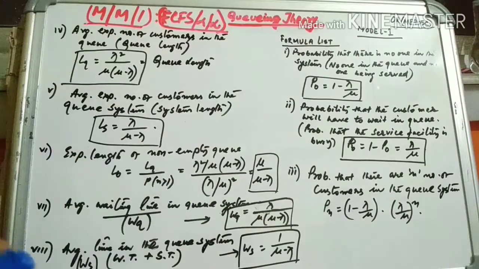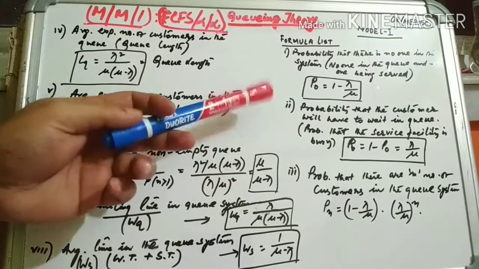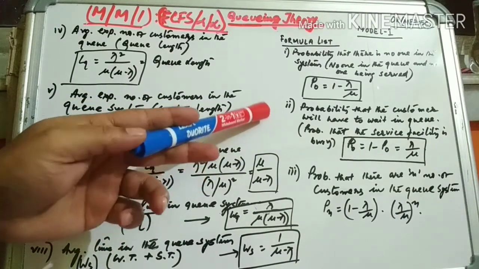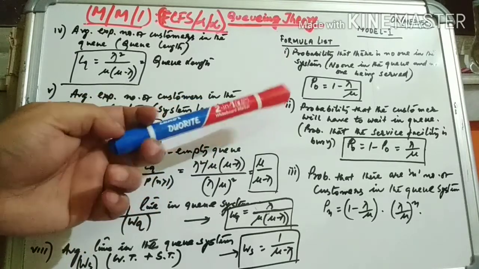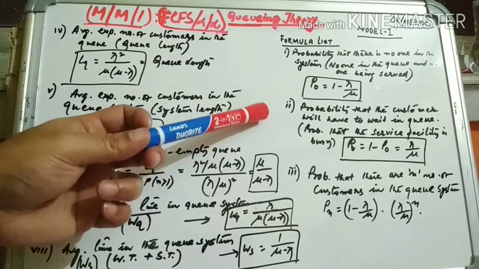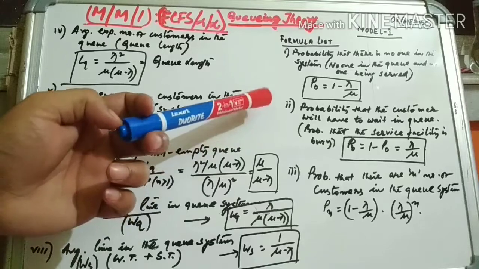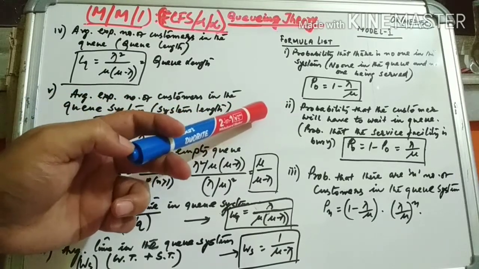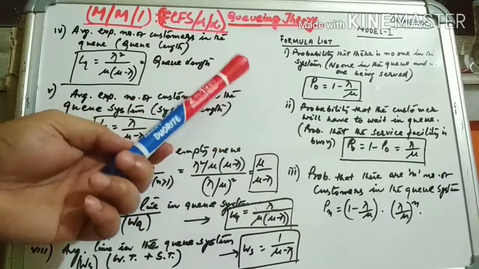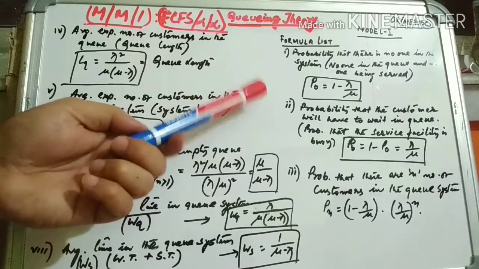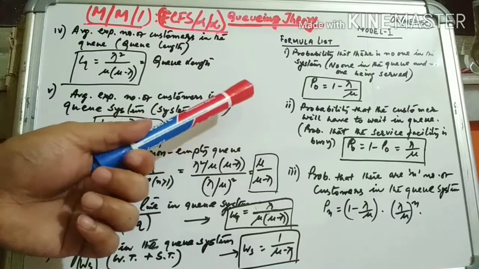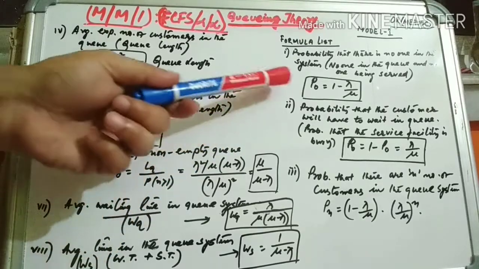Now, coming to these formulas, let me say a few words. The direct formulas are given in the book, and there is no derivation given there, but if you want the derivation, I can give it to you in a separate session. You can comment in the comment section, but I think the derivation part is not necessary, because in queuing theory they are not going to ask you how to derive this formula, or in other examinations, they are not going to generally ask for the derivations of these formulas.